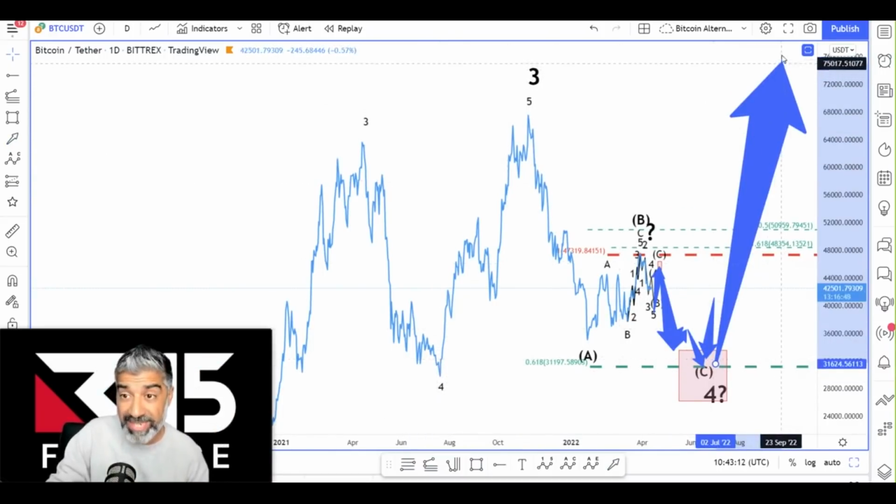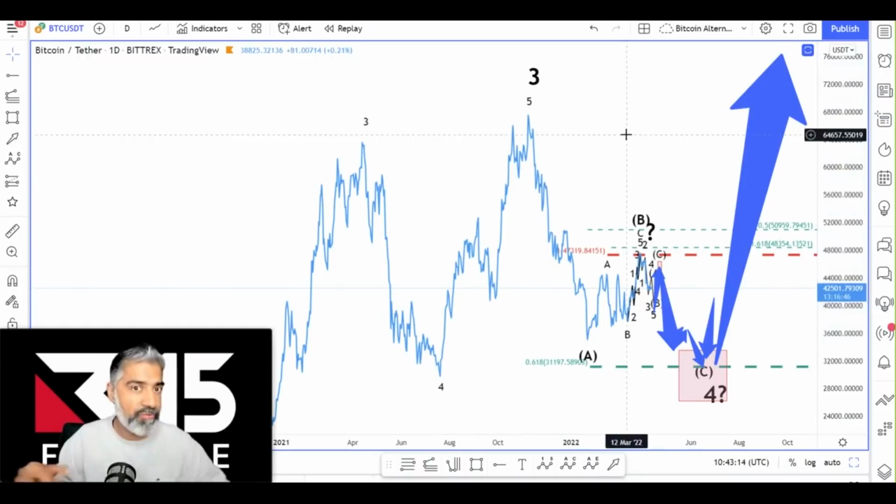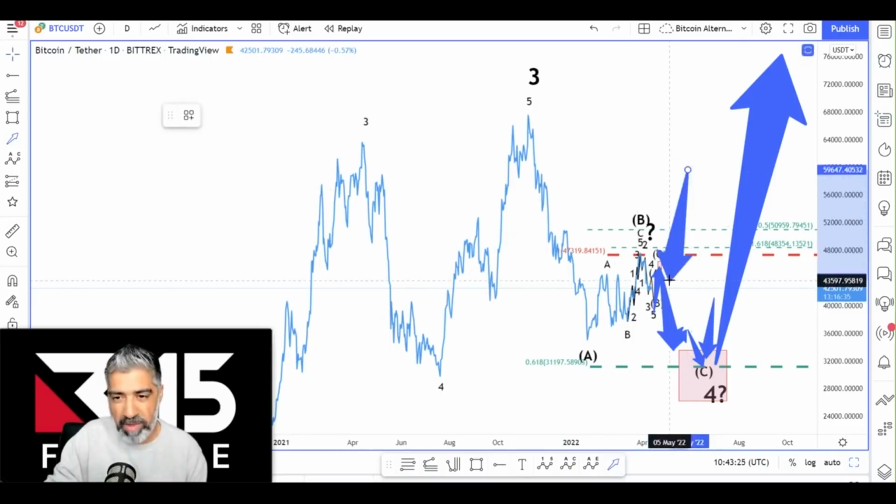And we may go on to see a 6-figure Bitcoin. If we do, that would be a lot of optimism for the market. And I believe that's going to occur in the second half of this year, after June, mid-June possibly. So sideways to down until June, unless,